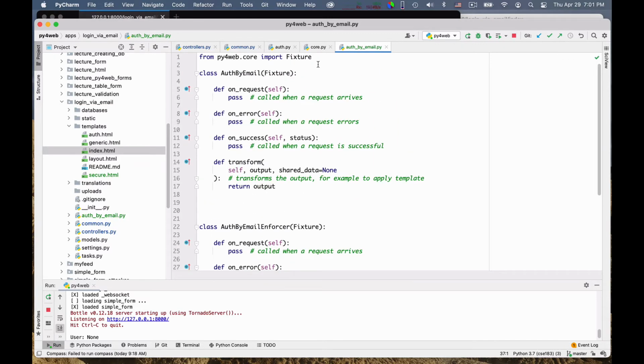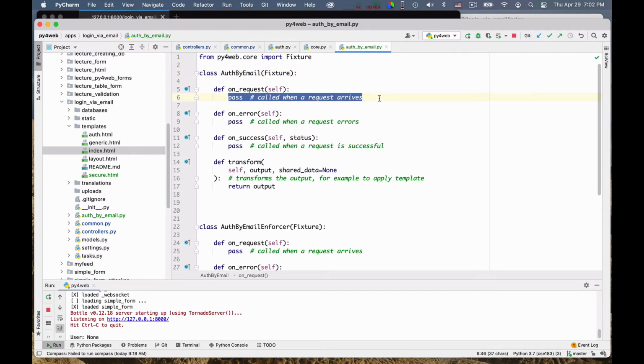Okay, so let me first say what I want to do. I want the following flow. I want that if you are not logged in, you look in the session and there is no user email defined in the session. Okay, in that case, I know that you're not logged in. So on request, what do I want to do?